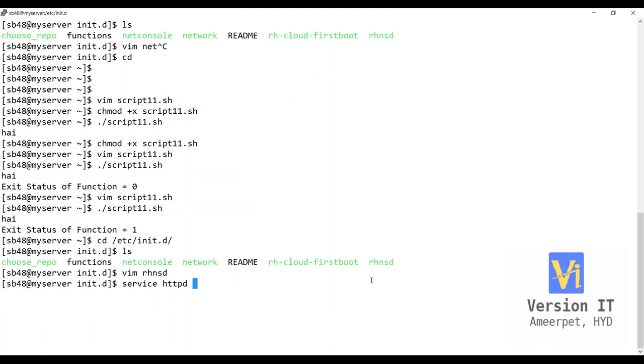HTTPD is the service. So how do you start? How do you restart? So this is the one way. What is the another way you usually do? So /etc/init.d, let's say if you have HTTPD and you give start, or you give stop, or you give